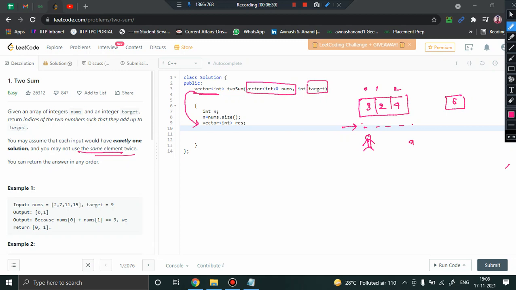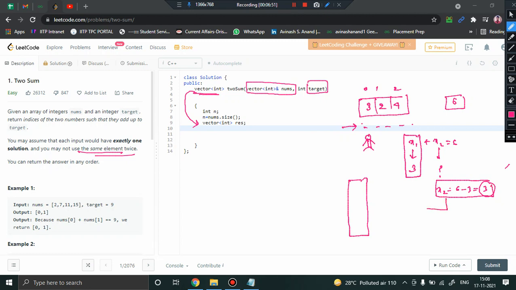So we know that x1 plus x2 has to be 6. If I assume that x1 is 3, what is my x2? X2 will be 6 minus 3, which is equal to 3. I will basically create a map and check whether, when I am considering x1 as 3, the value pointed by x2 is there in the map or not at that instant of time. Getting the point? This is the approach.